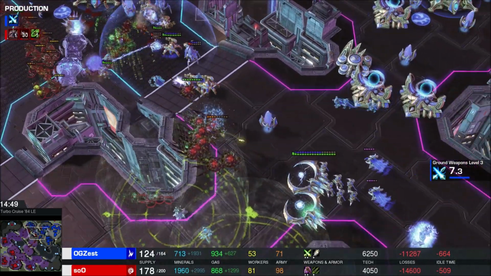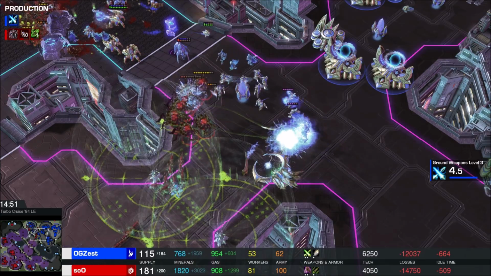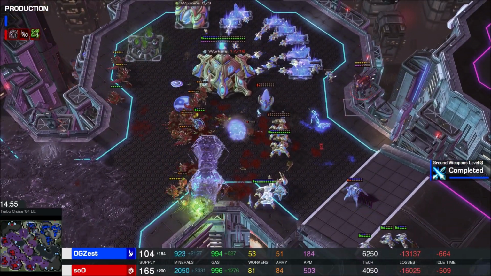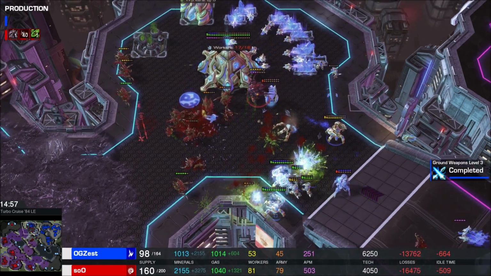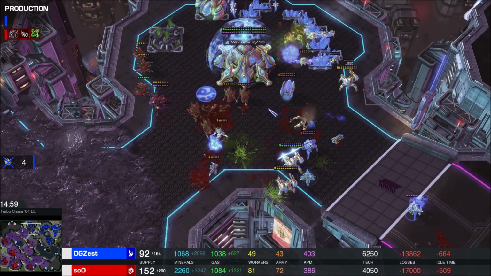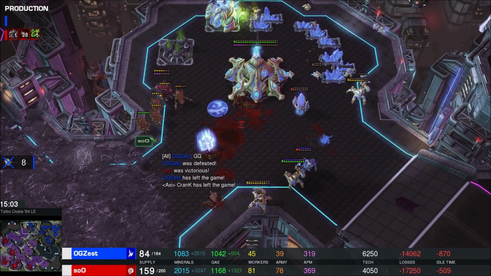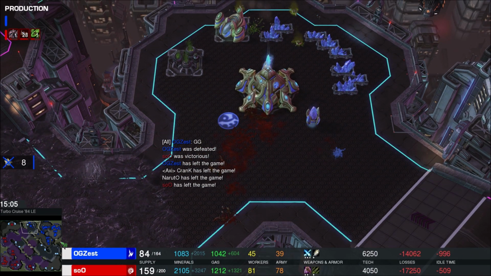Corruptors taking down an Oracle. Corruptors there to take down the Tempest, too, just easily handling them. And then Hydra versus Immortal just is going to go ahead and benefit the Hydras in most situations. Dark Templar trying to get in there. Overseer does show up. Charge Lot's not bad, and soO gets the win as Zest taps out here at 15